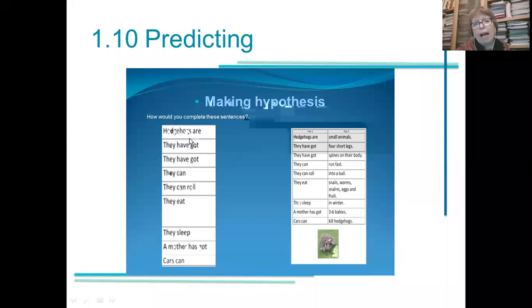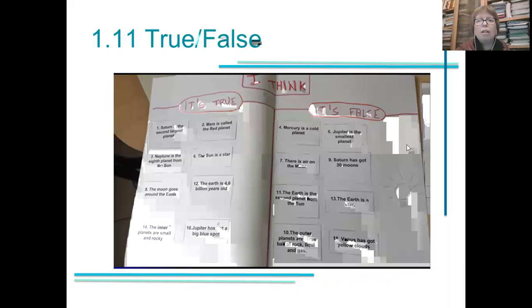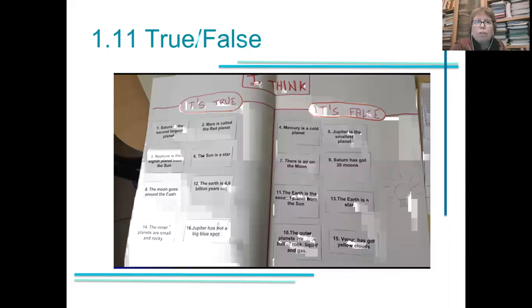It was about hedgehogs. On the left, they had to finish these sentences in groups of 4, and then they had to share with the other groups in the class. They compare their ideas and come to a final handout, a fact file about hedgehogs. We can activate prior knowledge through true and false